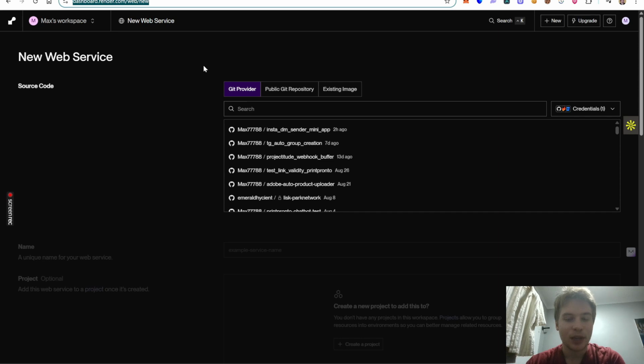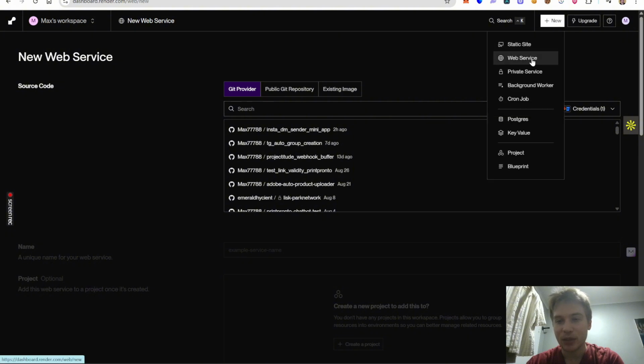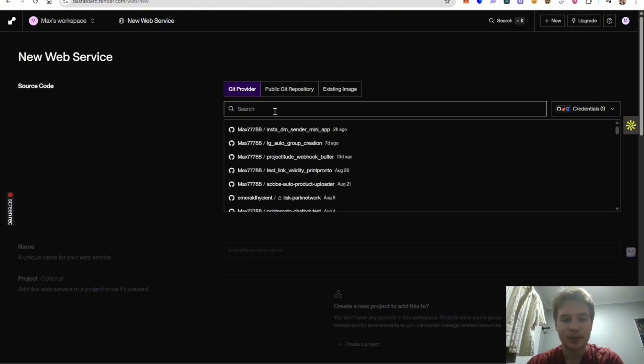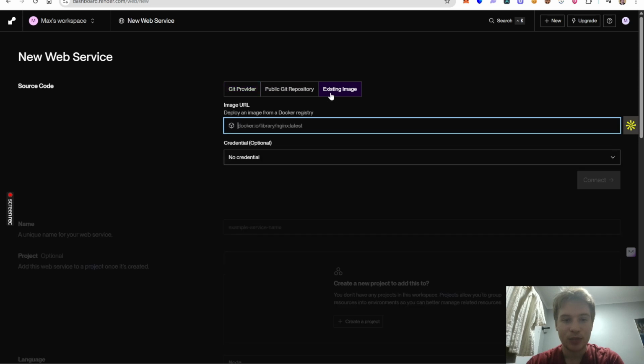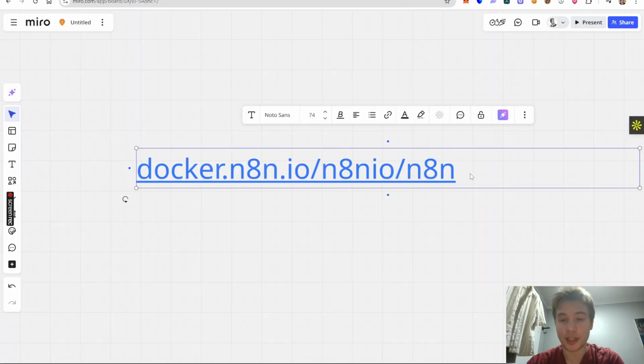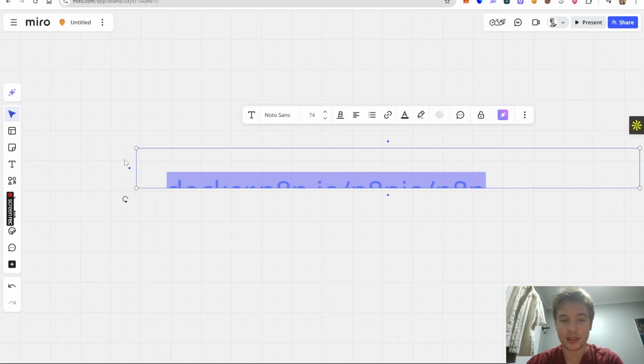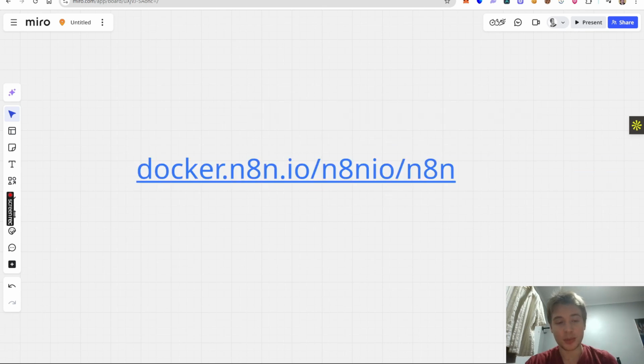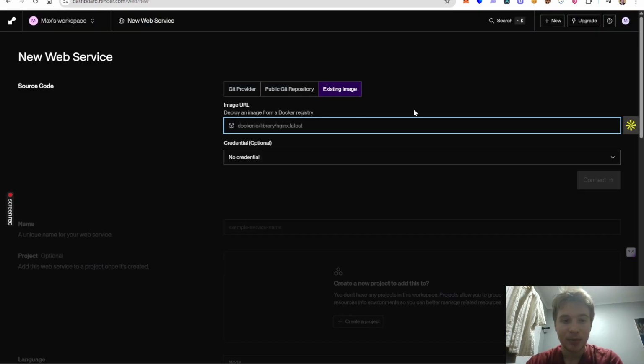At first, you will have to create a new service on render.com, and you can do this by going here, pressing New Web Service, and going to the existing image. And as you can remember, I mentioned this sacred phrase, and you can either type it out manually, or you